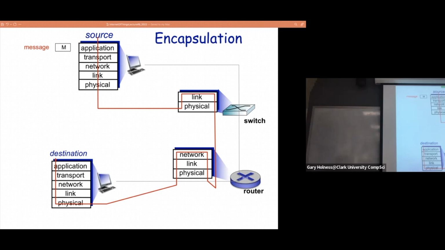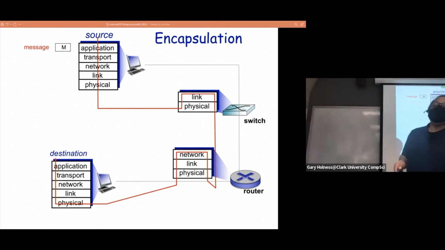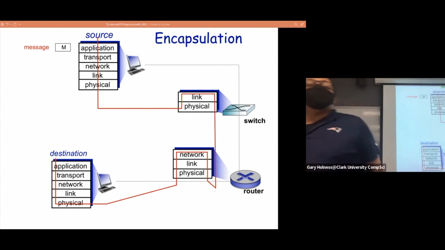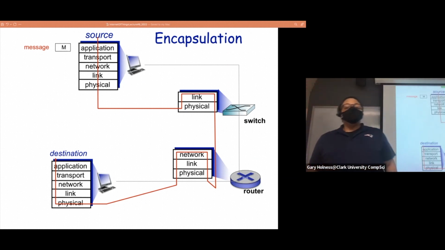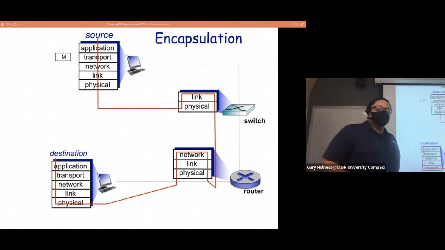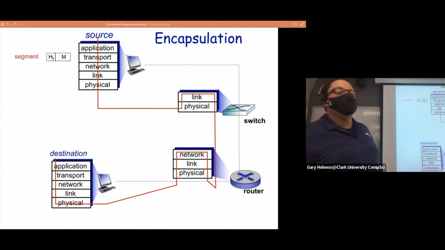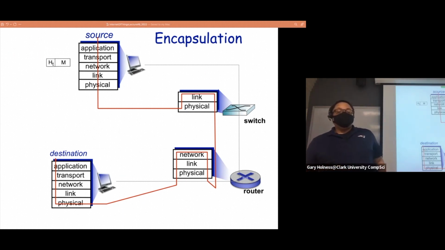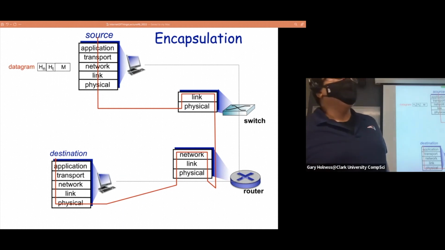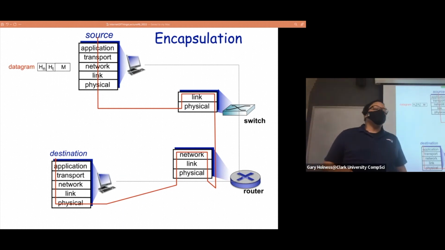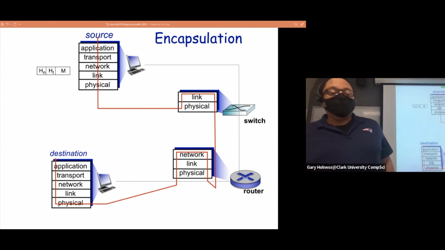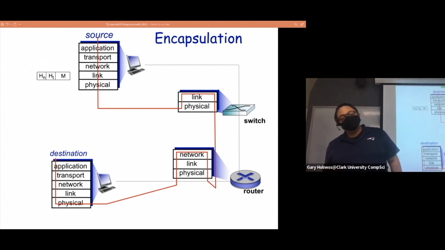At each layer in our software stack that gives behavior to the network, it includes data that's meaningful to other such layers in the internet. And so at the application layer, it's called a message. Go to the transport layer, which is responsible for reassembly. There's other header information that's meaningful in the reassembly of data. The network layer adds its own special piece of information that means something to routers, and it's called a datagram because it has what's called a network header, the network addresses. And then the link layer, for transferring across directly connected devices,